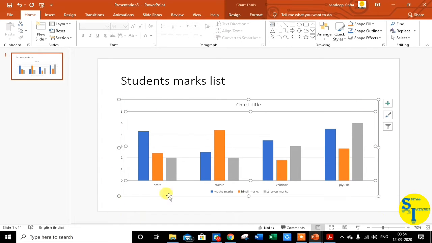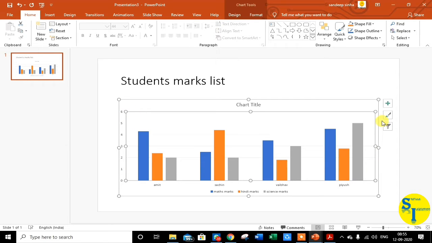This whole area of the chart is called the chart area, and this area, which is bounded by the category axis and value axis, is called the plot area.